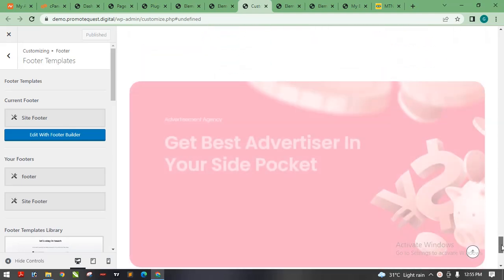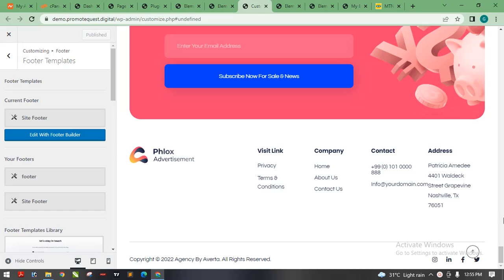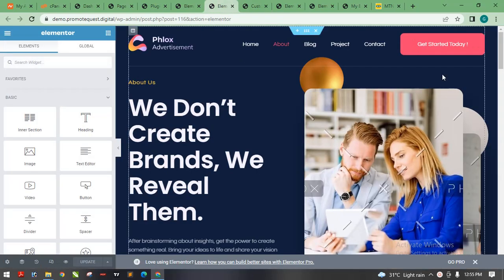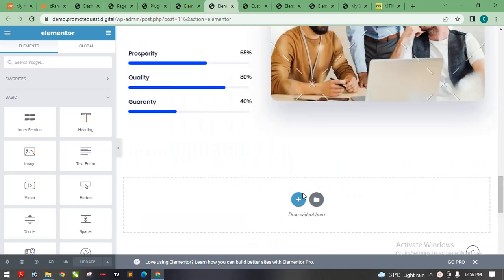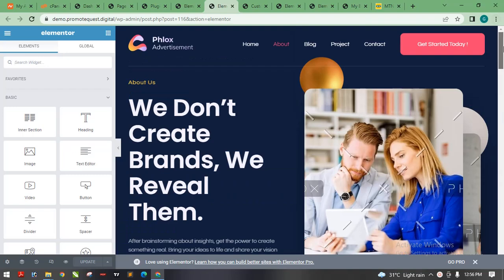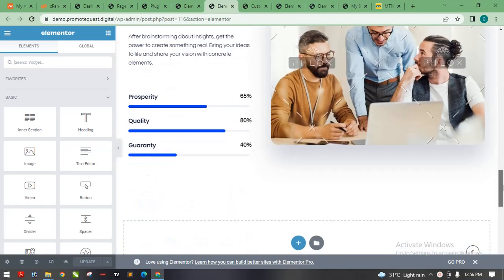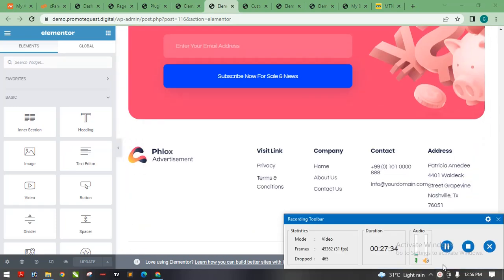So that's all for Phlox Pro. You can see that it's very simple. Look at all of our pages. There's none of it that we cannot customize. And if you wish to use other templates along with it, you can also. For example, maybe there's a section you want to create using Envato Elements. All you need to do is install Envato Elements or Astra Starter. Then when you come to the section here, you also see Envato Elements the way we used to see it, and you can use all those templates together to create a professional and perfect website. So now this will bring us to the end of the